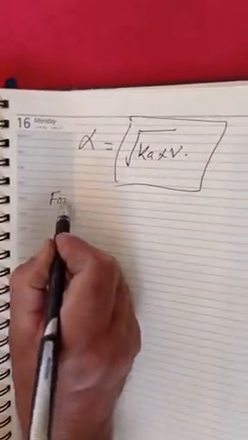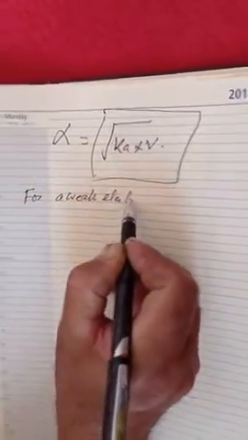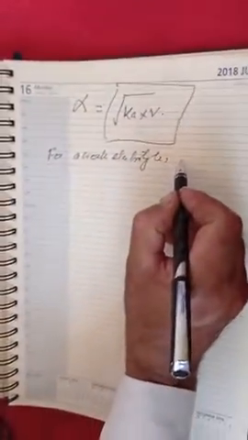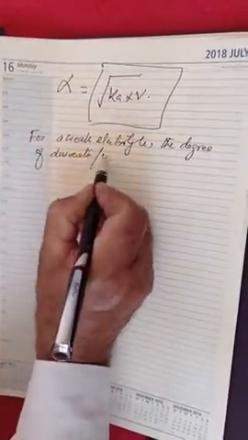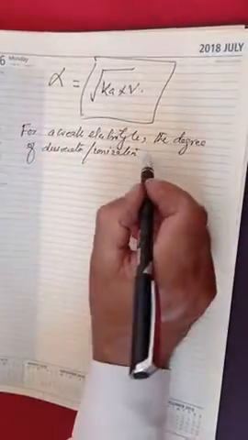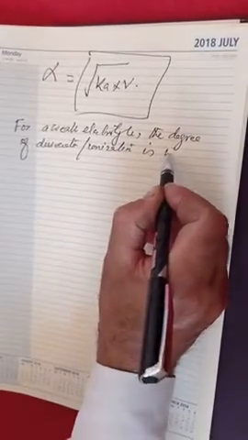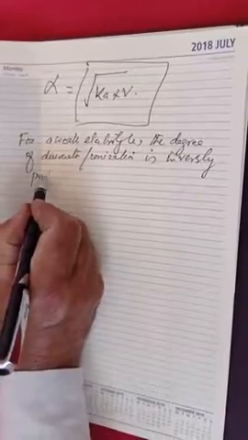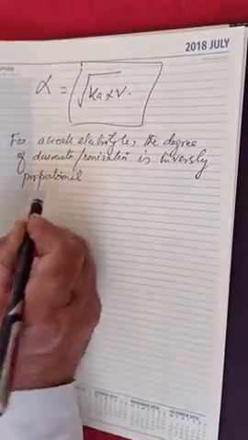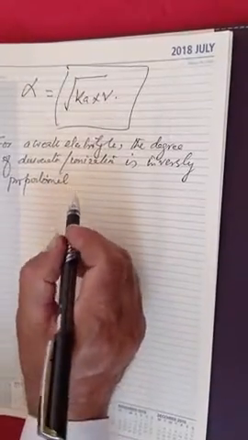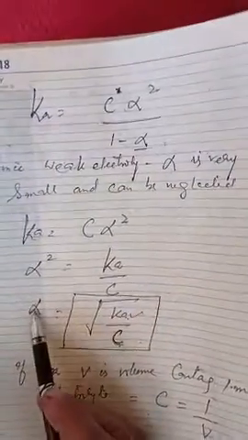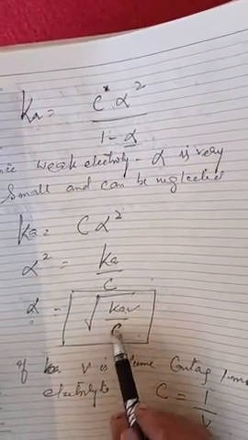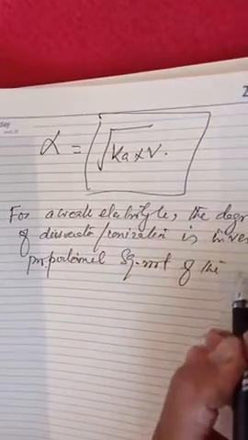For a weak electrolyte, the degree of dissociation or ionization is inversely proportional to the square root of the concentration,